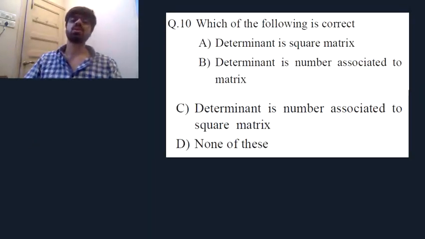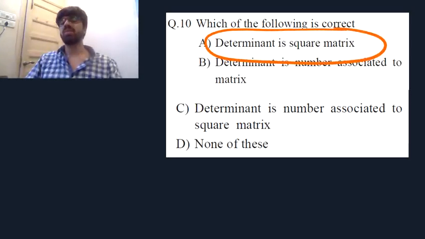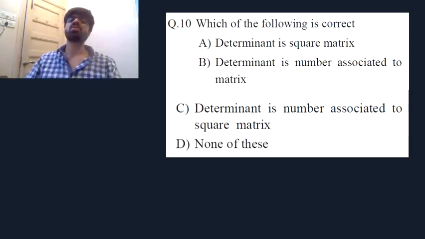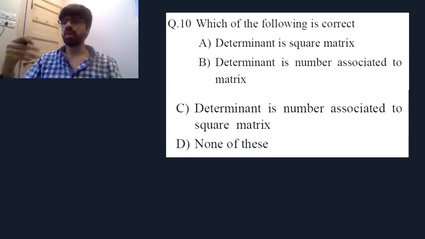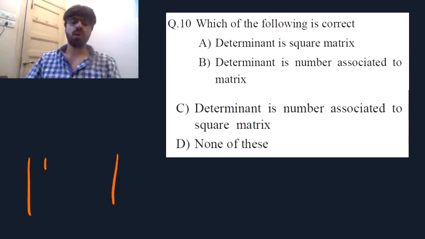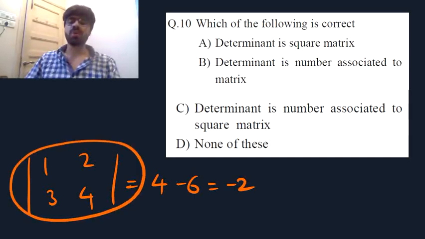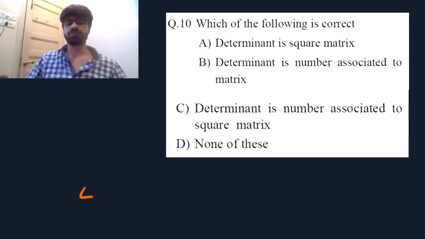And taking one last question in this video, which of the following will be correct? Determinant is a square matrix. A determinant is a determinant, a matrix is a matrix. A matrix is only an arrangement of numbers, whereas a determinant is a value, a determinant would have a numerical value with itself. If there's a determinant like 1, 2, 3, 4, you can actually expand it and say that this is 4 minus 6, that is minus 2. So a determinant is basically a numerical value, whereas a matrix is only an arrangement of numbers.